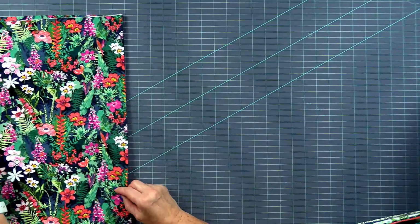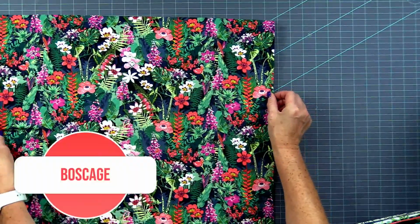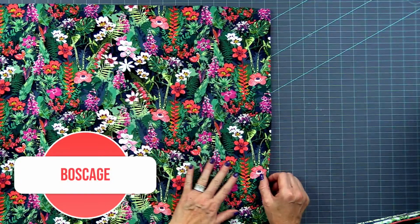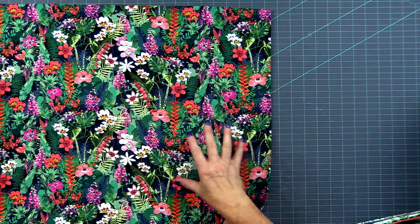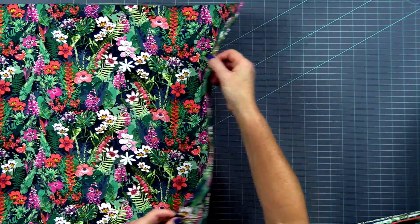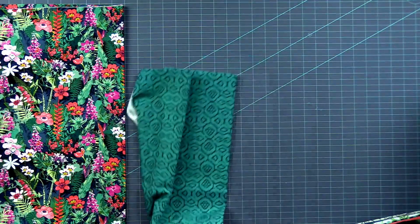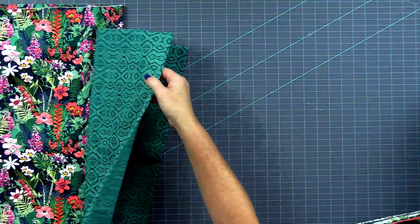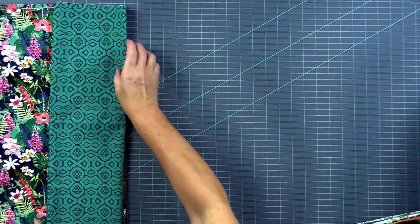We have, this is kind of the main rainforest print. Just beautiful. I love these greens, different types of greens. There's all kinds of greens in here. And then that really nice, almost like a coral red. Just love it, with a little bit of magenta pink in there. So different textures. Here's one of the tone-on-tones with the greens. And then we have